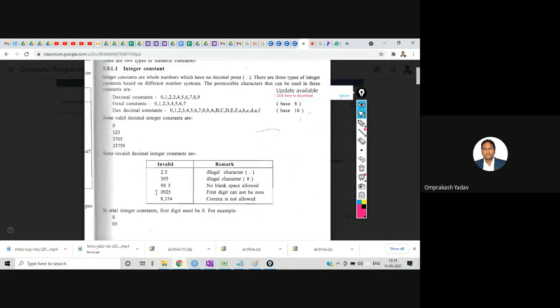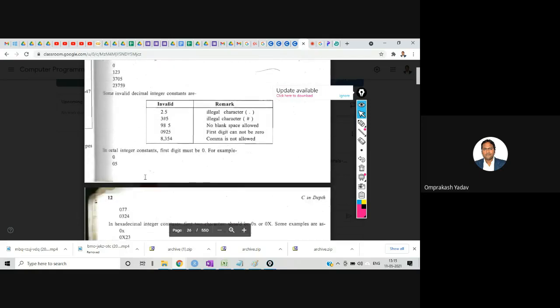Then 0.925 is also not an integer constant, because it is starting from 0. I told you that from 0 the octal number will start. Then 8 comma 354: a comma is not allowed in the number, so this is not an integer constant.